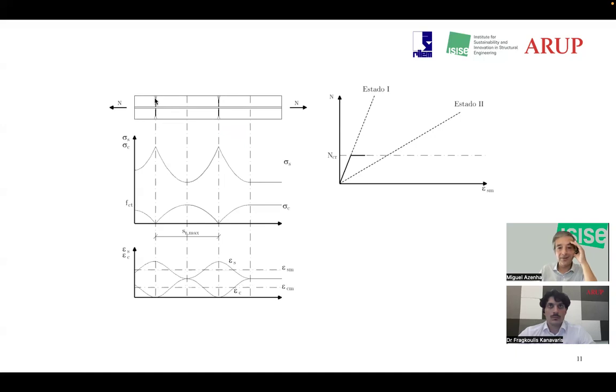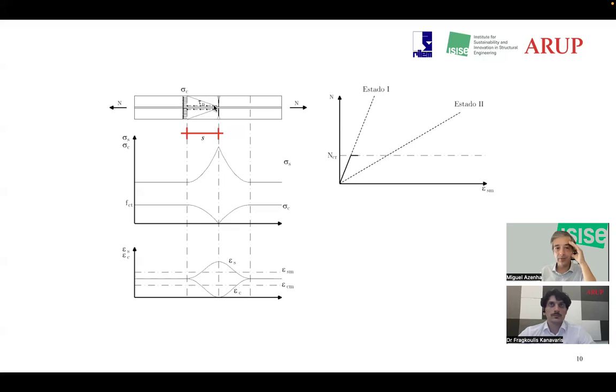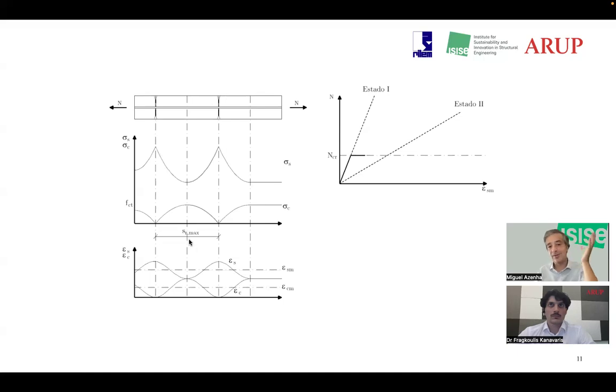It's not by chance, actually. I did it on purpose to be twice as much that previous distance. I go to the previous slide. There was a distance S, and the next crack will happen at 1.99, because S is the minimum spacing between cracking, and 1.99 of that, which was almost twice, would be the maximum.